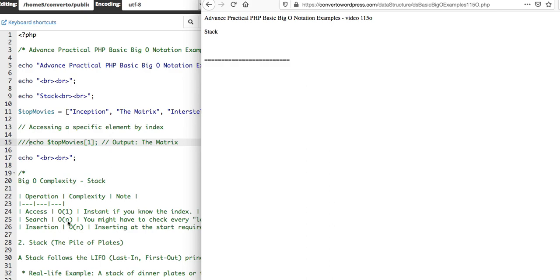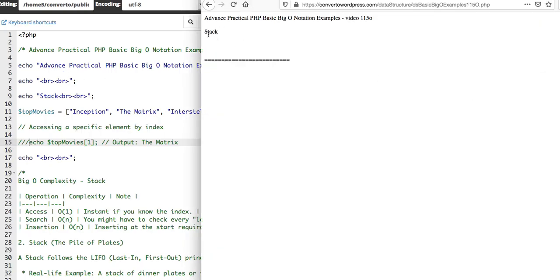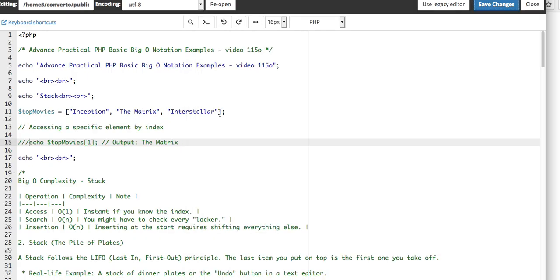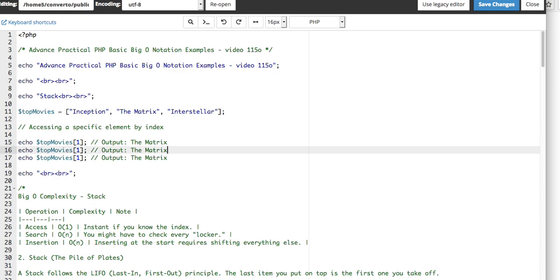In this situation, what you see here is a stack, right? This is what a stack is. You have an array, and you want to read the first one. This is how you read this one. If you wanted to read the next, say this was 0 and this was 2,